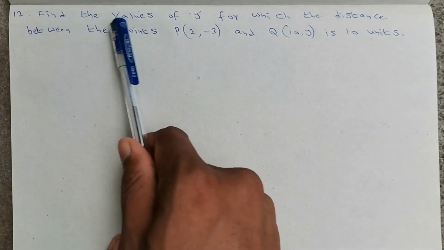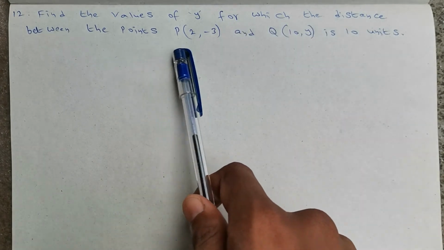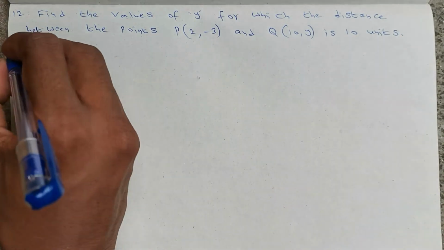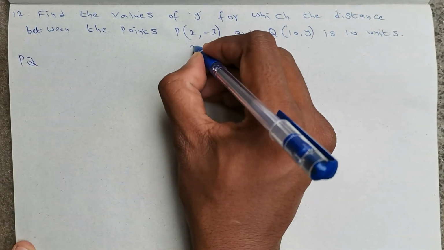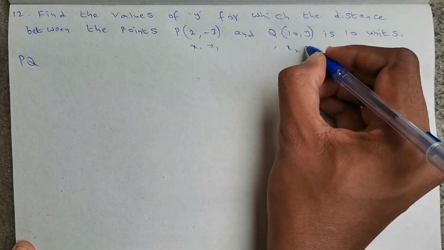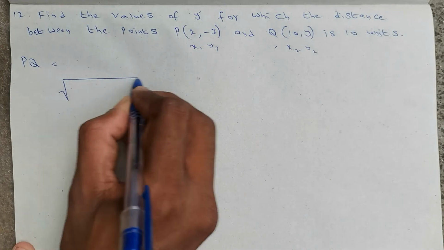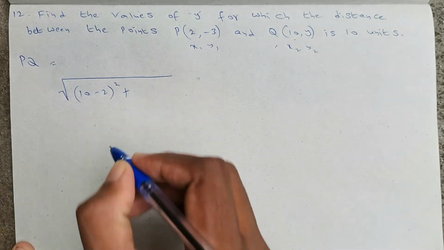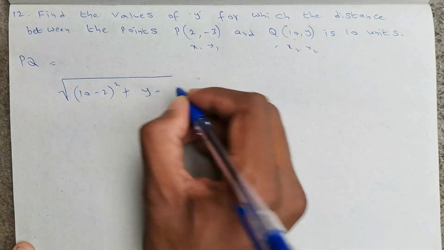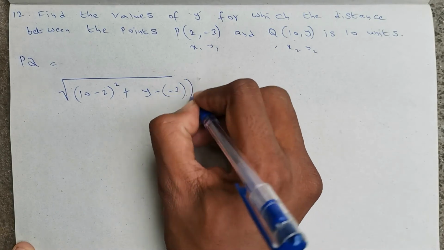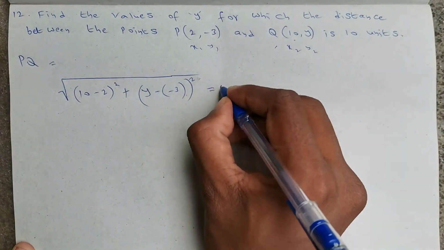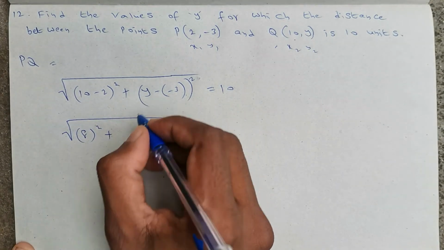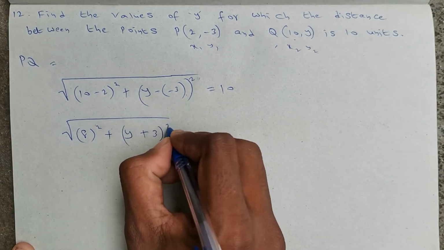Next, question number 12 is, find the values of y for which the distance between the points P(2, minus 3) and Q(10, y) is 10 units, same like the previous problem. Let us find the distance between PQ. This value I am taking as x1 y1 and this I am taking as x2 y2. Under root x2 minus x1, 10 minus 2 whole square, plus y2 minus y1. Here y minus y1 is again minus 3 whole square. The distance is equal to 10 units. So under root 10 minus 2, 8 square, plus y minus of minus 3, plus 3 whole square, is equal